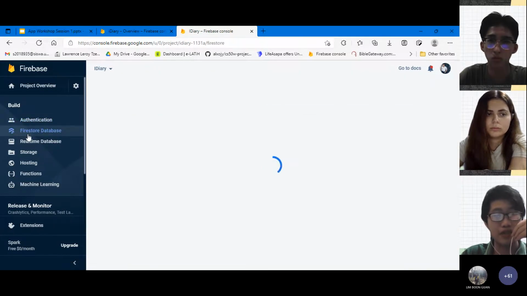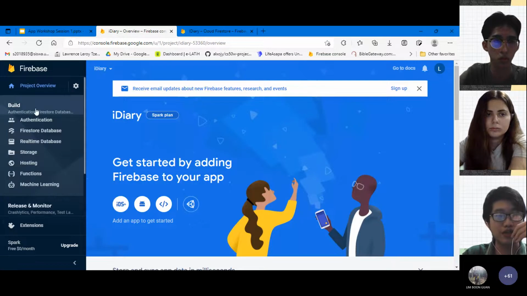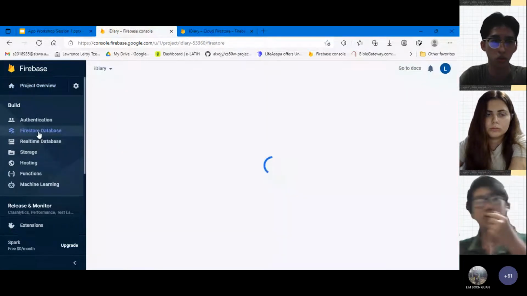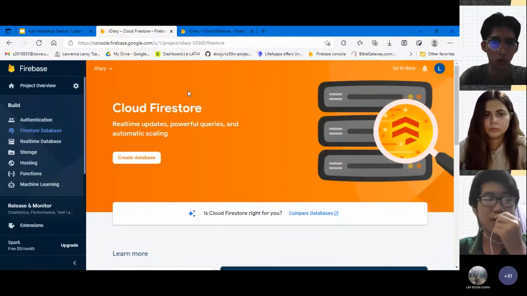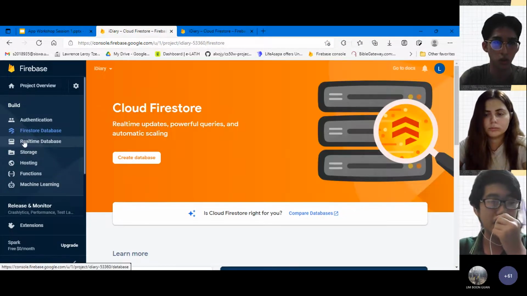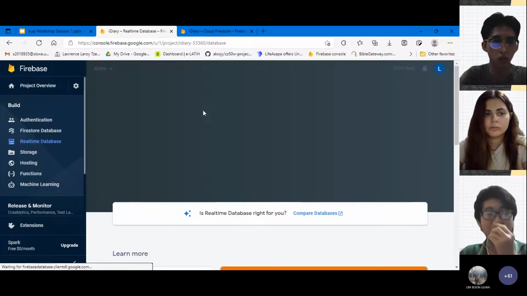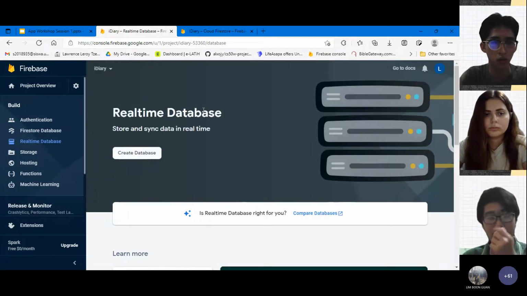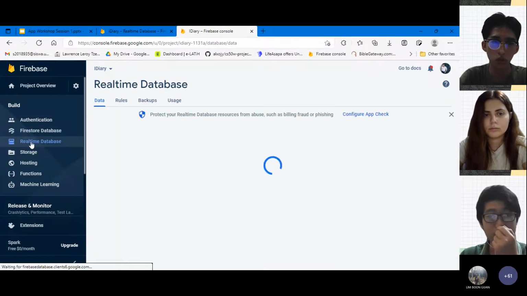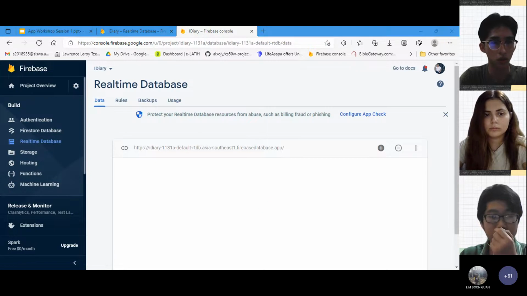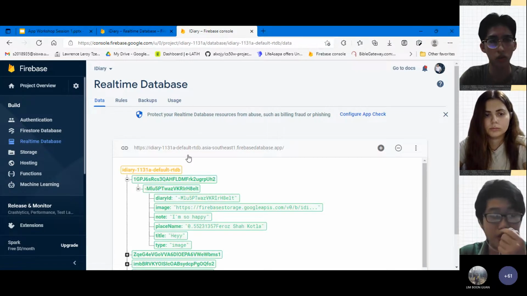Then Firestore database. So just now, as I said, I think this will look better here. Firebase console has two kinds of database. One is called Cloud Firestore, and the other is called real-time database. Both of them work similarly in the sense that data is stored in a NoSQL method. NoSQL is where you store data as a key value pair. I'll show you an example of key value. You are seeing this, right? Let me check.